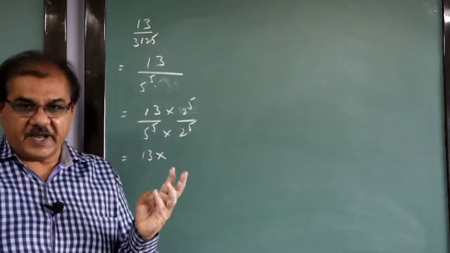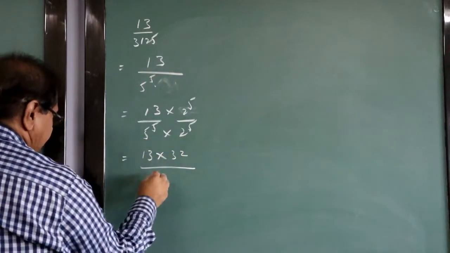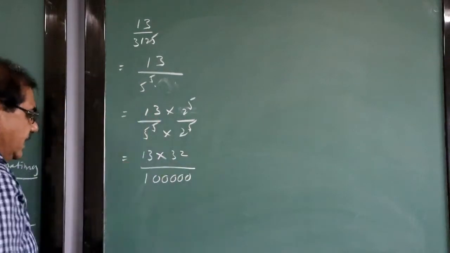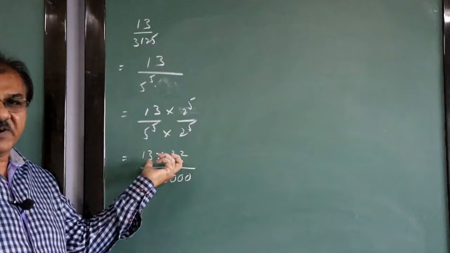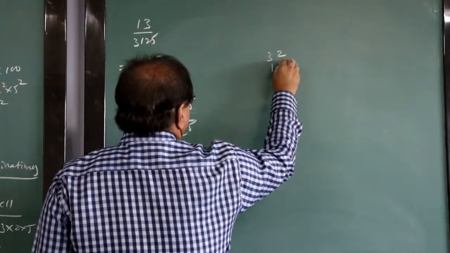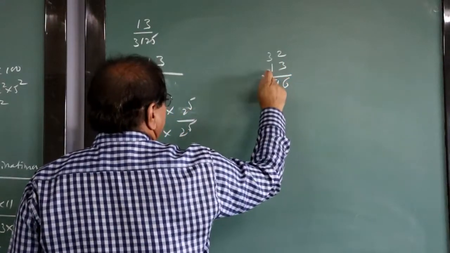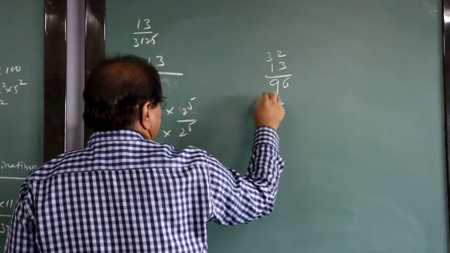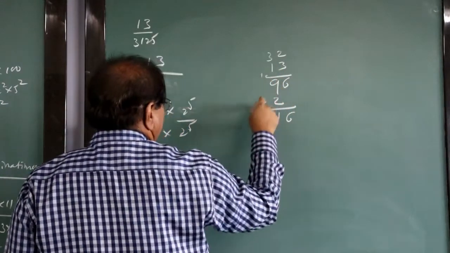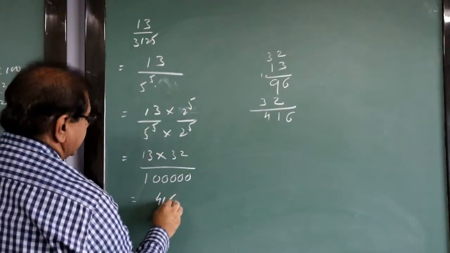Now 13 into, what is 2 raised to 5? 2, 4, 8, 16, 32, and here 5 raised to 5 with 2 raised to 5 makes 10 raised to 5, which means 1, 2, 3, 4 and 5 zeros. So just get the multiplication of 32 and 13. We do it here: 32 multiplied by 13. 3 twos are 6, 3 threes are 9, 1 two is 2, 1 three is 3. So it is 6, 9 into 11, 1 carry, 3 and 1, 4. So ultimately it is 416 upon